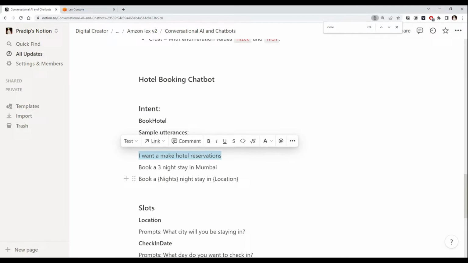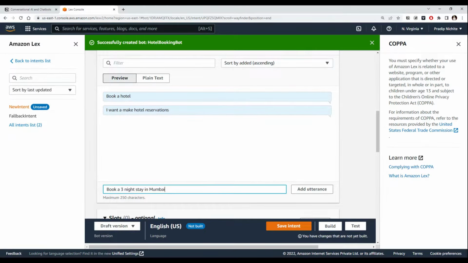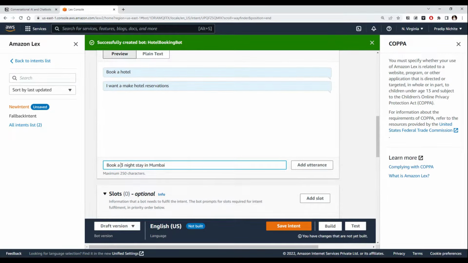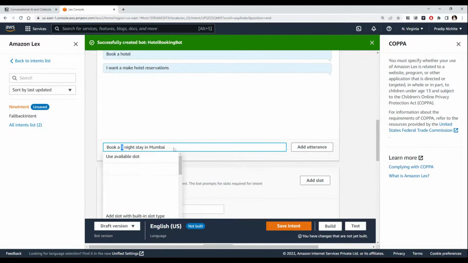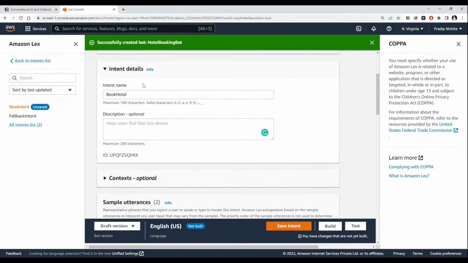Or let's say the user might say something like "book a 3 night stay in Mumbai," where they specify how many days they want to stay in Mumbai. So when you're giving such utterances to your chatbot to identify this intent,